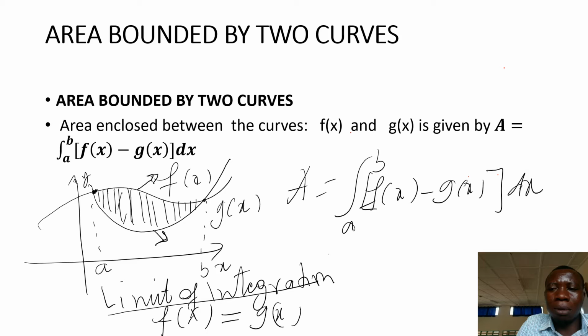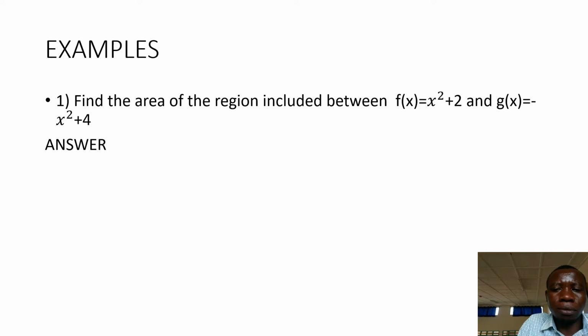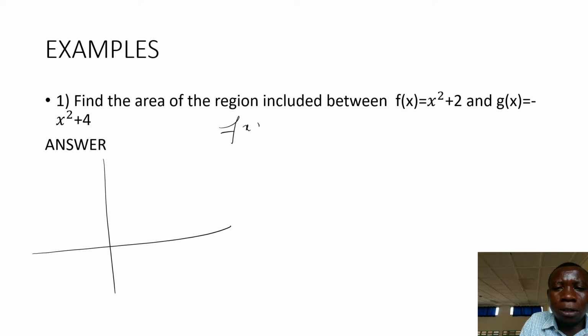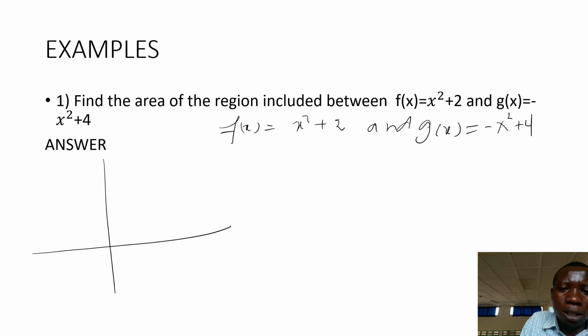Let's do an example. Find the area of the region included between f(x) equal to x squared plus 2 and g(x) equal to negative x squared plus 4. Let's make a rough sketch of these two parabolas. We have f(x) equal to x squared plus 2 and g(x) equal to negative x squared plus 4. Basically, this one is a parabola which turns upward